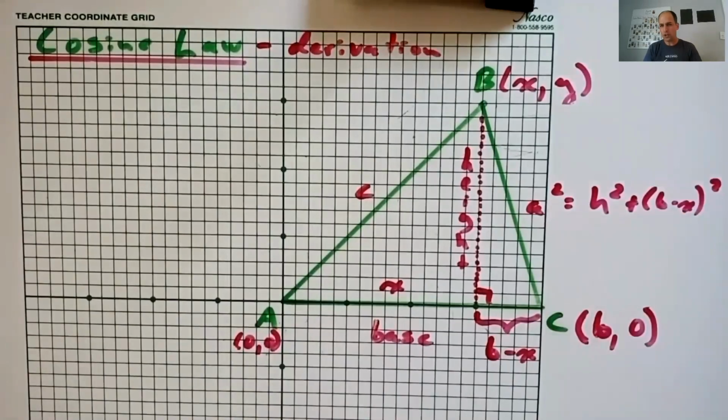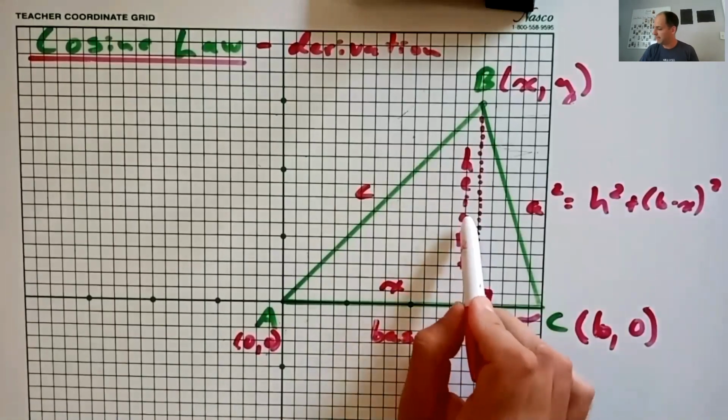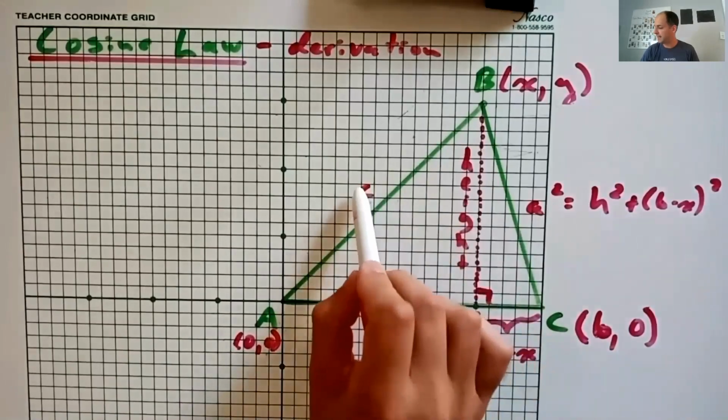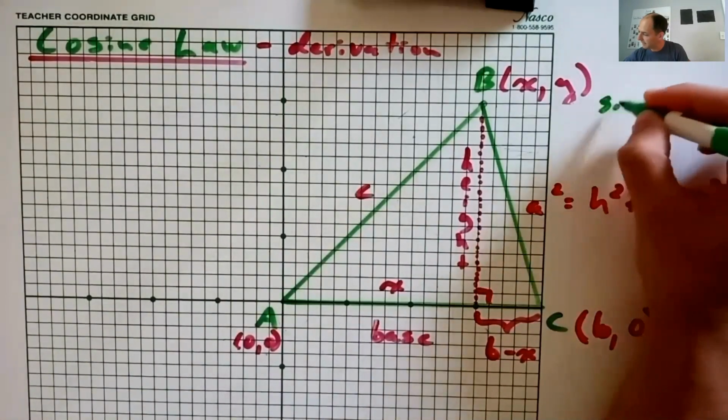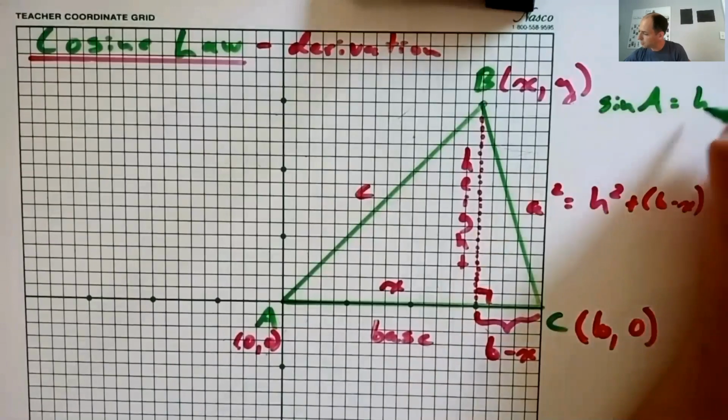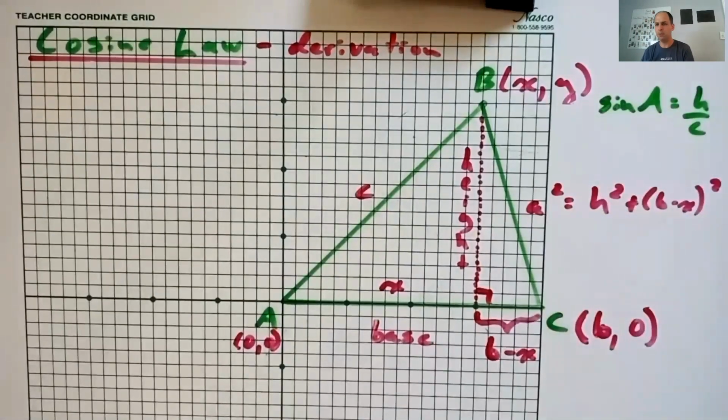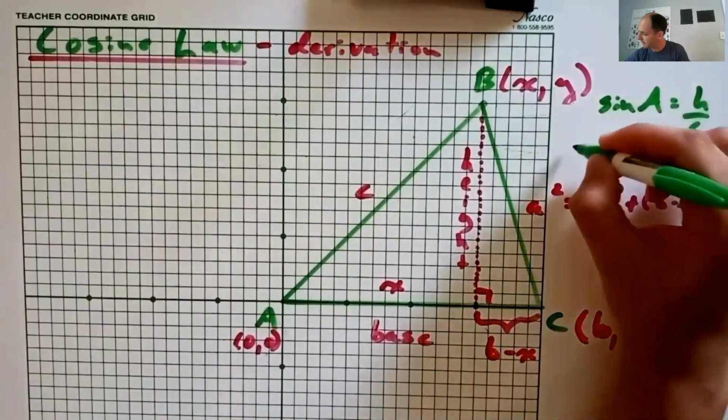Now, we want to write cosine law in terms of the sides on the triangle a, b, and c. So we need to do something with the h and the x, but we need to turn to our primary trigonometric ratios in order to rewrite them in terms of the sides. For example, the height over side c is equal to the sine of angle A. If we're looking at the triangle from angle A's perspective, the height over c is equal to the sine of A. So sin A is equal to h over c, and if we rewrite that for h, we would say that c sin A